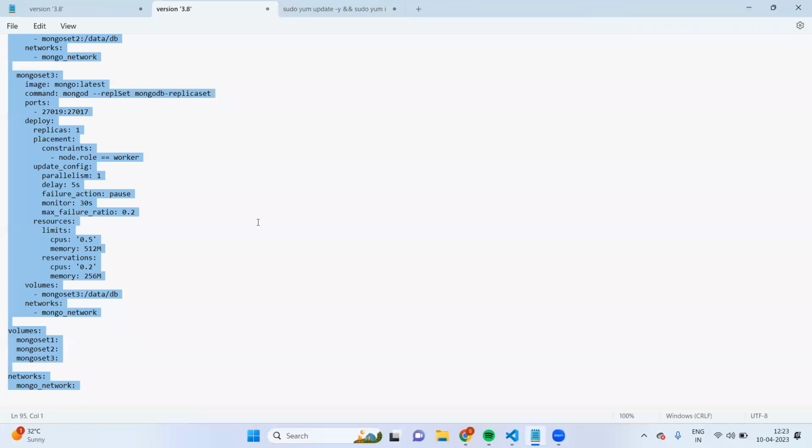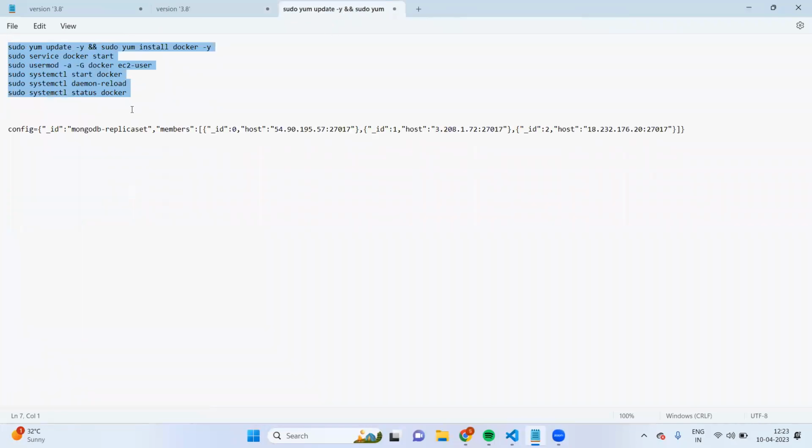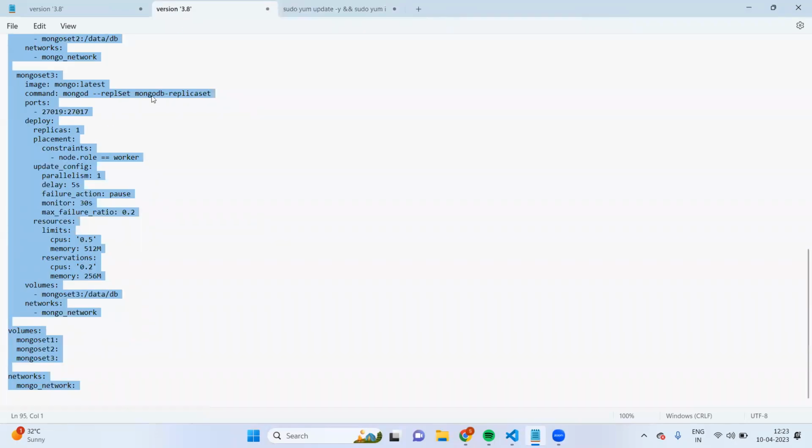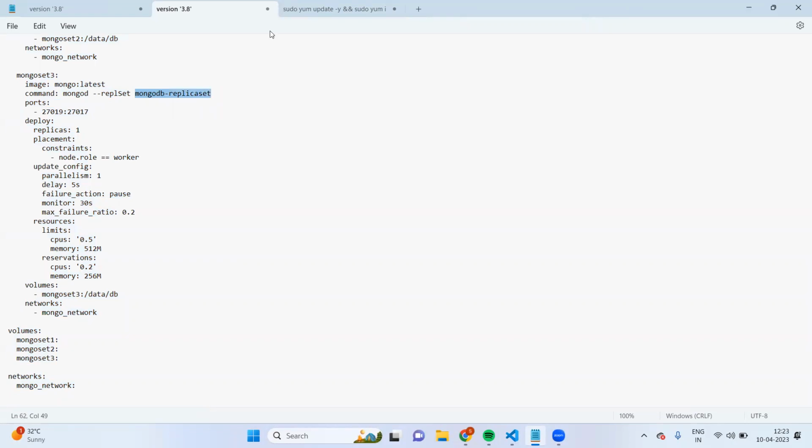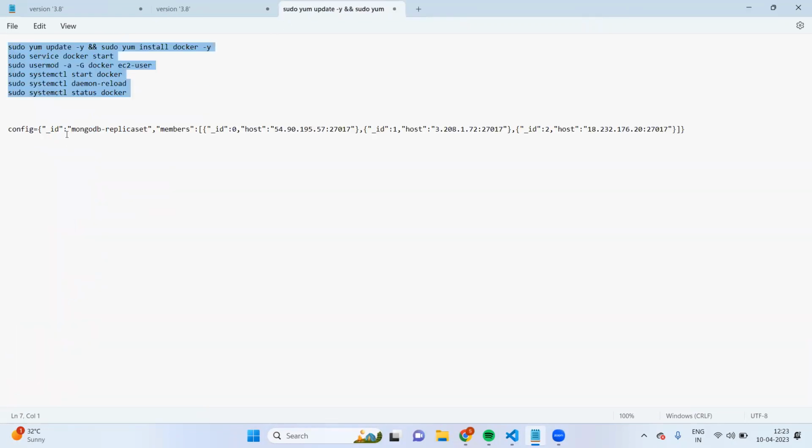Okay, so here I'm going to use this. The replica set name is MongoDB Replica set, so that I'm going to use MongoDB Replica set. The members, I'm going to have three things. So three nodes. So first node IP address is this, which is exposed in